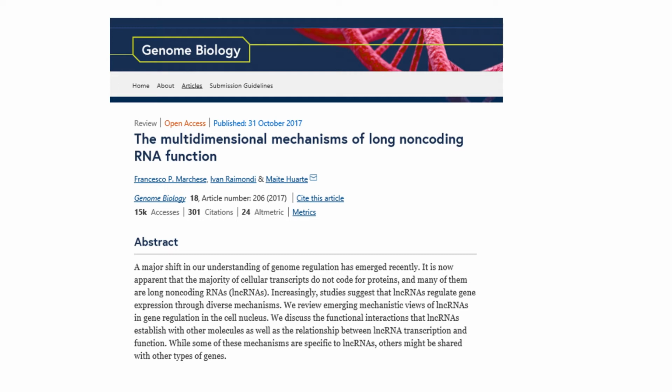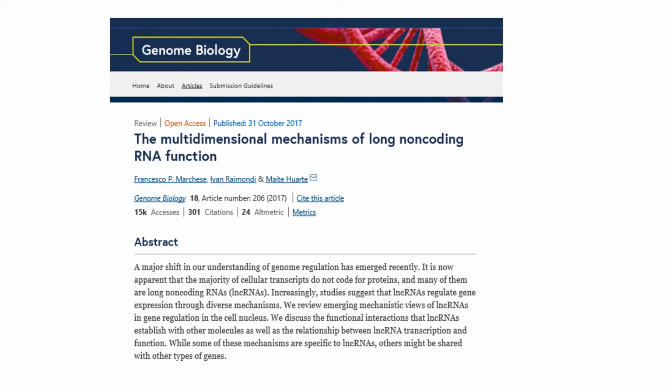And so here's a paper in Genome Biology from 2017, and it is looking at the multidimensional mechanisms of long non-coding RNA. What is the function of long non-coding RNA? So the first class we want to look at are the segments of RNA transcribed from non-coding DNA that are long segment RNAs, and they are non-coding, and they're known in the parlance, if you will, among the specialists as linc RNA, and linc actually just stands for long non-coding, but you pronounce it linc RNA.